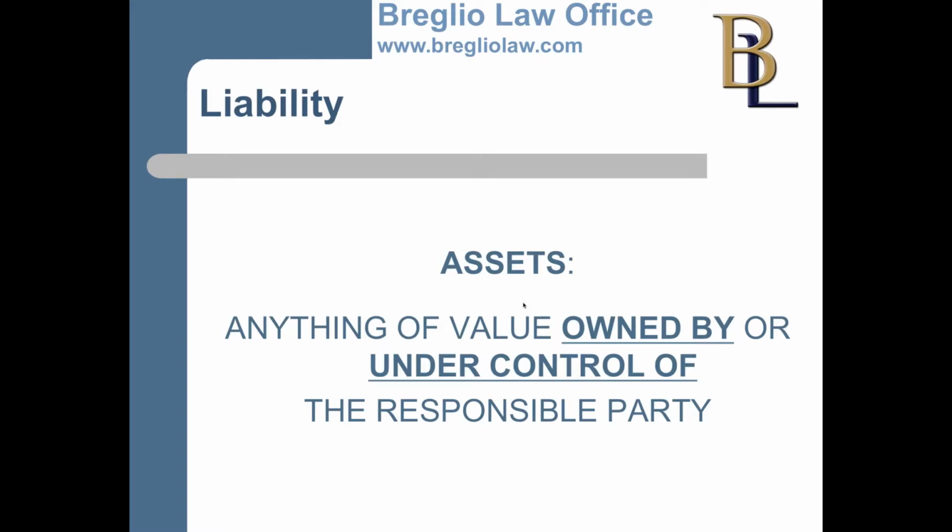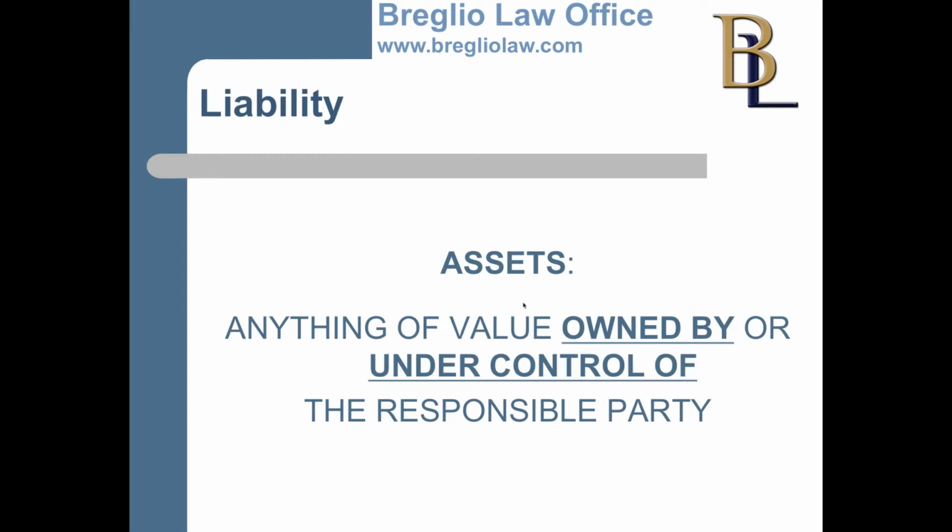Because ownership, if you own it, then obviously it's an asset, and the court can attach it in a judgment. But the courts can also attach things that are under your control. For example, a family trust. Family trusts really don't provide any protection because you as an individual still control the assets that are inside that trust. So there are ways of controlling things and not owning it that can lead to some asset protection, but